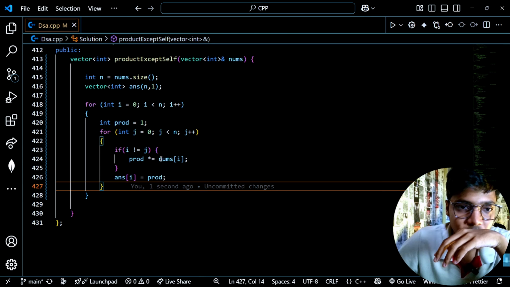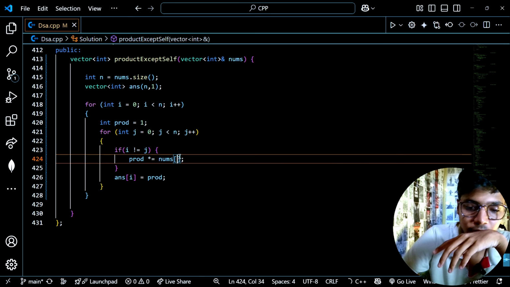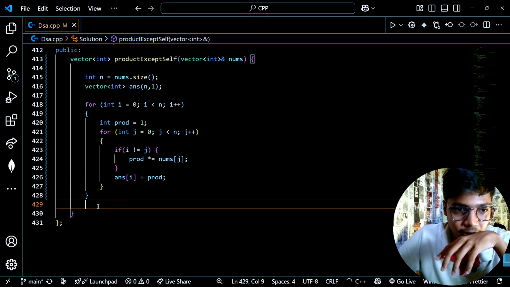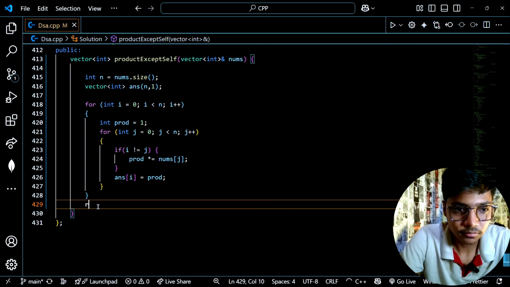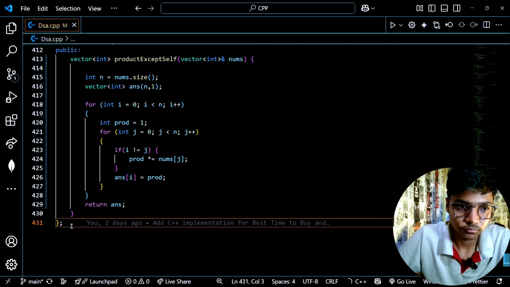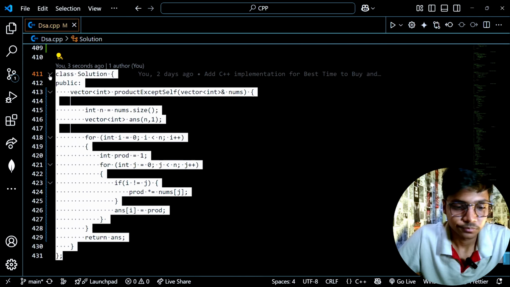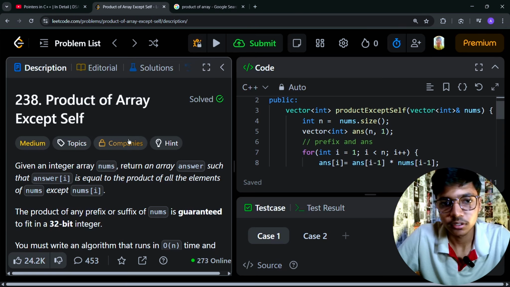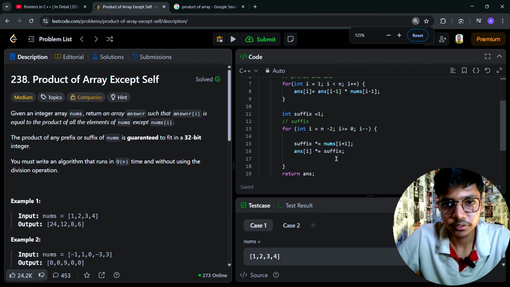So if i is not equal to z, okay, here we go. In here, this should be z. Okay. And all right, we'll just return ans. Okay, let's go. This loop should run,